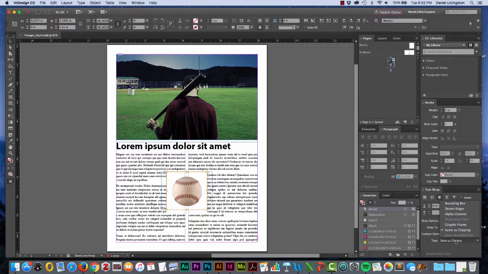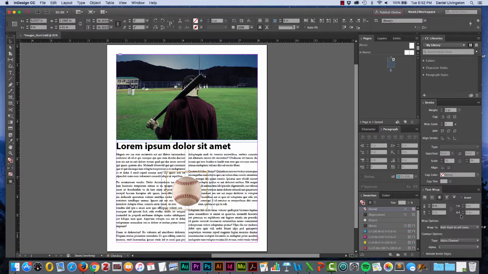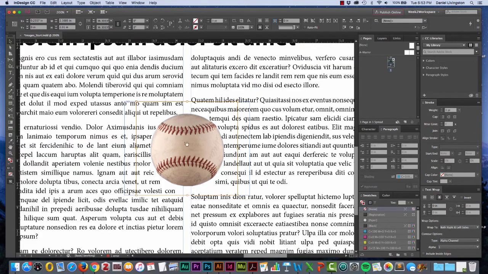But if I click on this and go up to alpha channel, alpha channel pays attention to where there is color and where there isn't, basically. If I click on that, you probably can't see it right now, but if I were to zoom in really close, there's a thin blue line going right around my image. And you'll see that the text bumps right up against the edge of that baseball. Now I don't want it to bump right up against it. So now that the wrap around object shape is selected and alpha channel is selected under contour options,